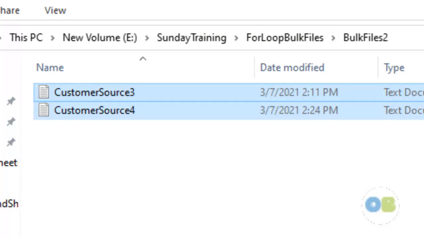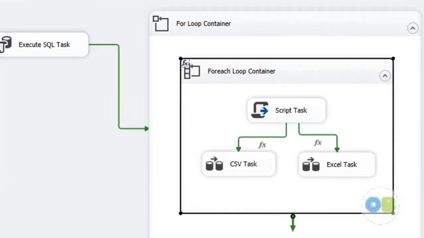When the bulk files 1 folder is passed to the for each loop container, it extracts all the files in that folder. The job of the for each loop container is to extract all the files from the folder and then pass them to the respective 2 data flows.